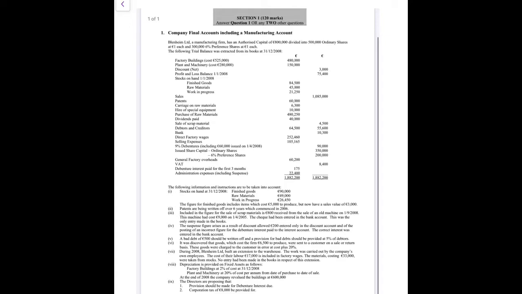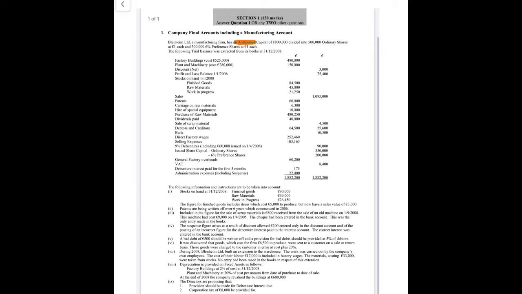So it tells us the company is a manufacturing firm and they have an authorised share capital of 800,000 shares divided into 500,000 ordinary shares at €1 each and 300,000 6% preference shares at €1 each. So this is where you get your information for the authorised amounts of shares for your balance sheet. Okay, then you're given the trial balance, so have a little look down through it and see if there's anything